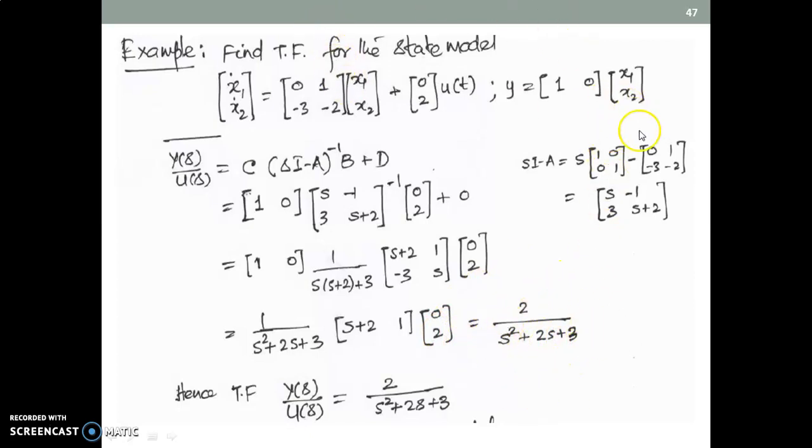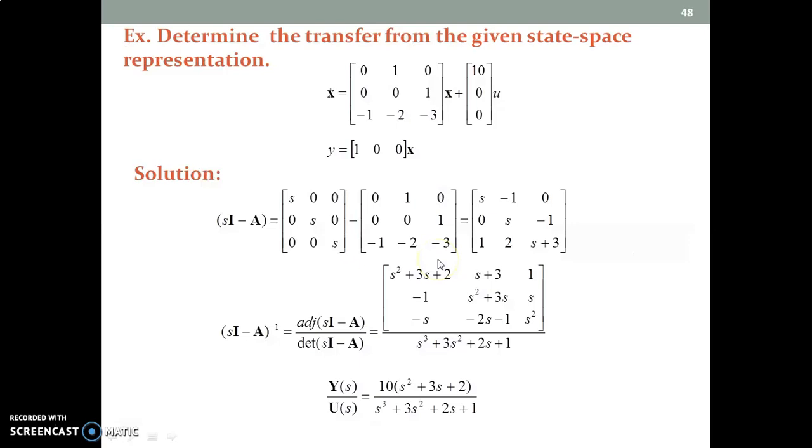In this way you can find the transfer function from the state model. It is very simple, just substituting the values, the matrices of the given state model. Even if it is 3 by 3, the same way only. The only thing is here you need to find the inverse of sI minus A. The remaining is multiplication only. You know how to find the multiplication, taking the first row and then column in this way. Okay, next we will see